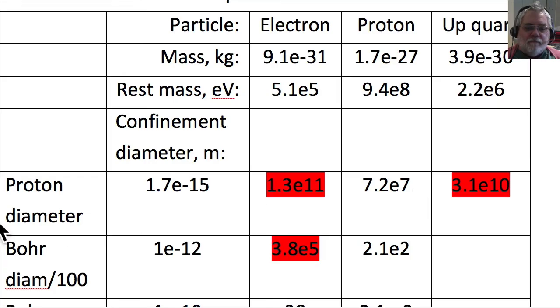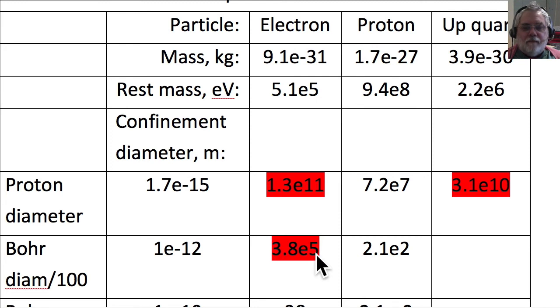Now let's look at a different size, a larger size. We'll take the Bohr diameter, twice the Bohr radius, for a hydrogen atom, and we'll divide that by 100. So 1 angstrom divided by 100, 10 to the minus 12 meters, 1 picometer. What if we confine an electron to that size? Well, we would get an energy